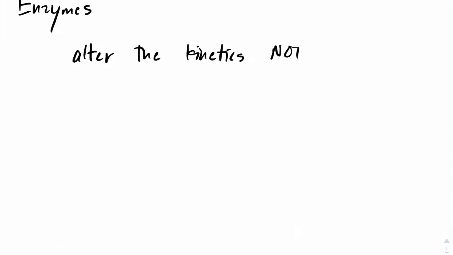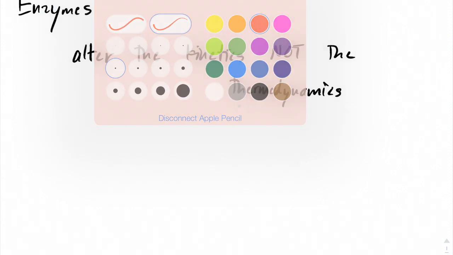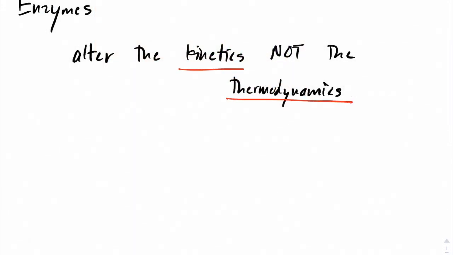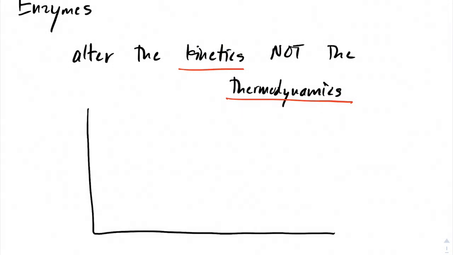and not the thermodynamics. So, just to emphasize, they alter the kinetics, not the thermodynamics. What I mean by that is, say we have a reaction coordinate, so this is energy on our y-axis, and the reaction progression on our x-axis. If we have our starting materials here, and we have, say, an exothermic reaction where we have products here,